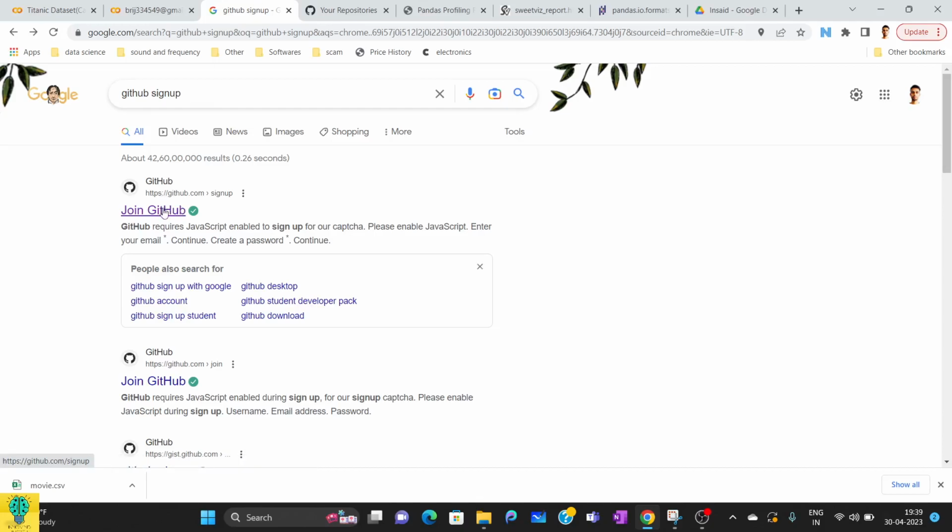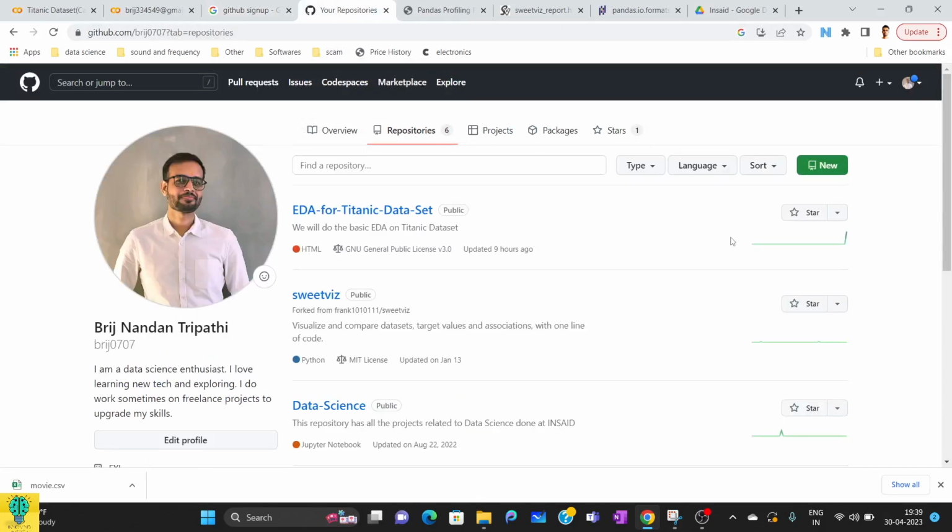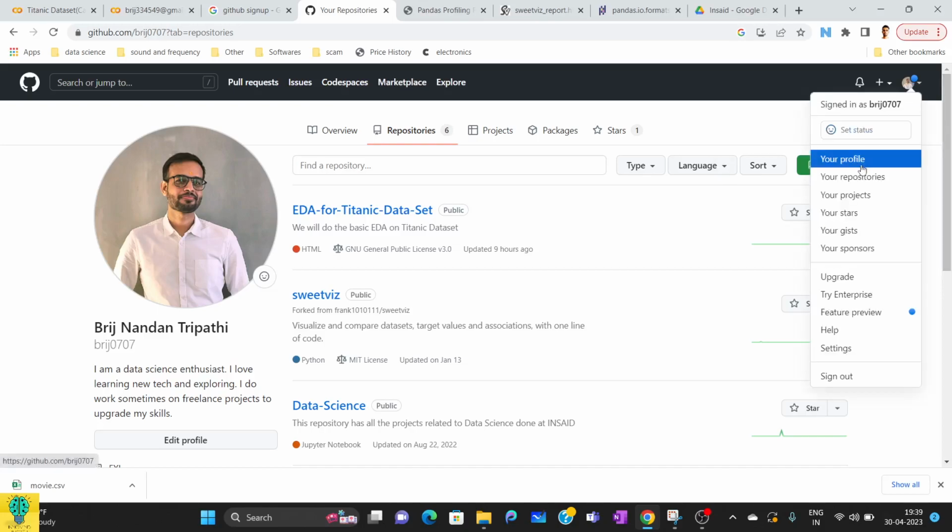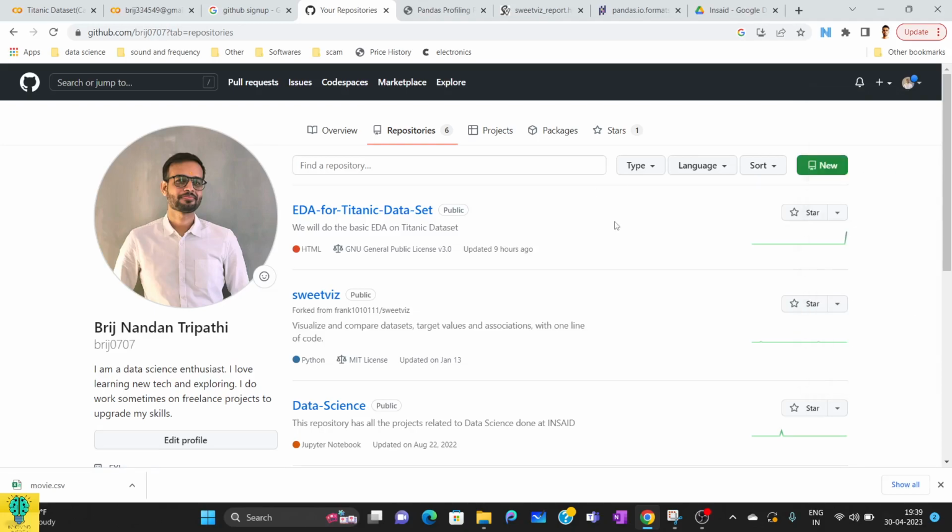Once you click here, you will be taken to a page that will look something like this, where you can fill in all the details in your profile and make a new profile, and you can check your profile from here. So today we will not be understanding how to make your profile, but instead how to add projects in your repositories. You see here repositories, and to make a new repository you can click here, new,